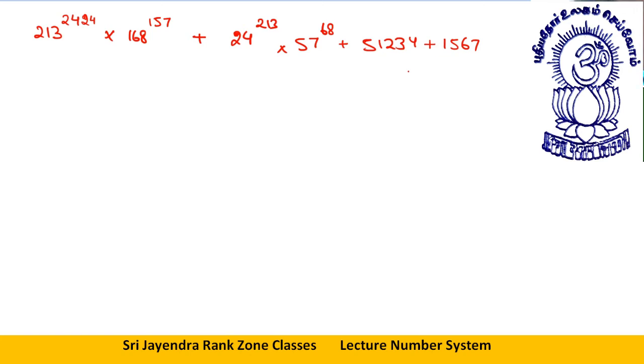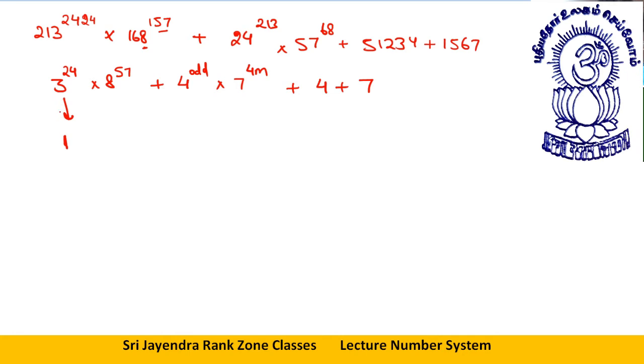See, how will we do it? It's actually easy. Here I'll take 3 raised to power 24, into 8 raised to power 57. This digit and last two digits. Plus 4 raised to an odd power, into 7 raised to power 68. 68 is a multiple of 4. Since I deal only in unit digit, I'll take a 4 from here and a 7 from here. This is 3 raised to a 4 multiple, which will give me a 1.